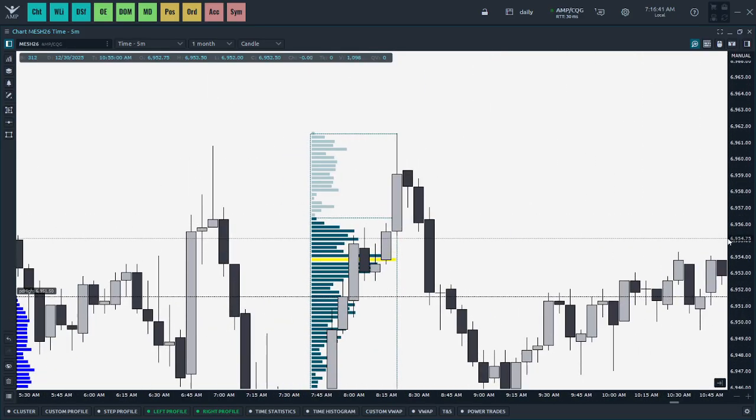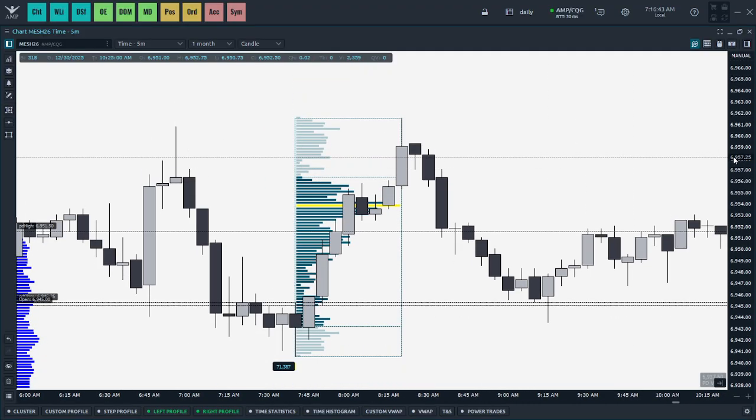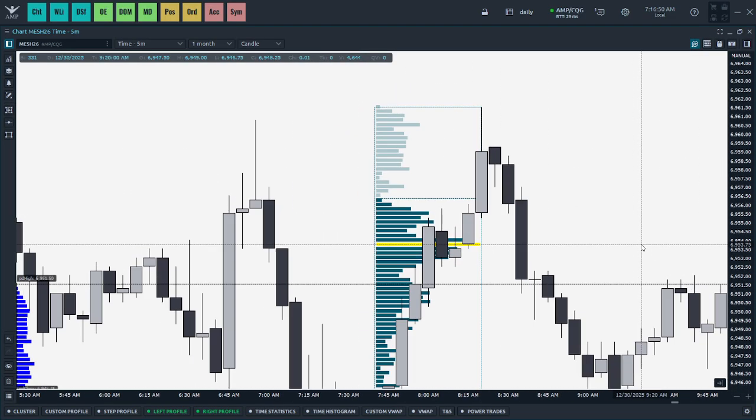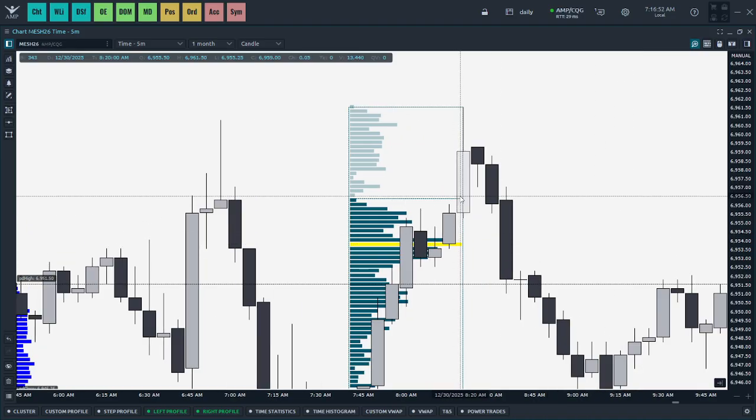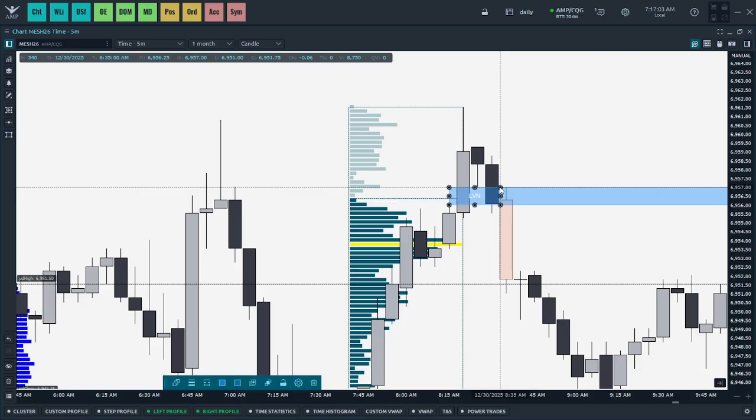Okay, so as you can see, we're going to zoom in here. We have two fair value gaps to pay attention to in this leg. We have this one on the bottom and this one on the top. Now, how do we confirm that this is a proper fair value gap? Well, purely just looking at where we pulled the volume profile, you can see volume dipped right here and it also dipped right here. So this fair value gap is a valid fair value gap to pay attention to